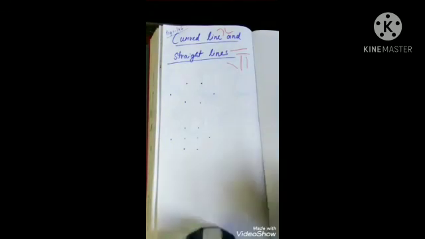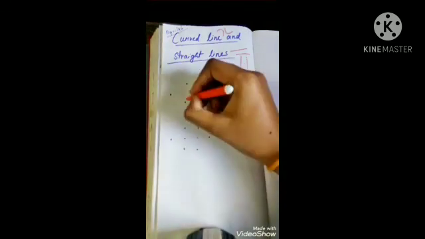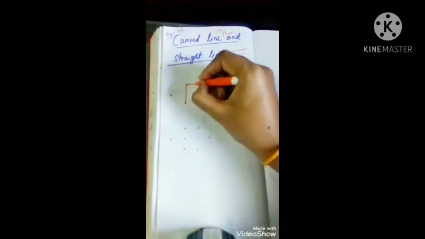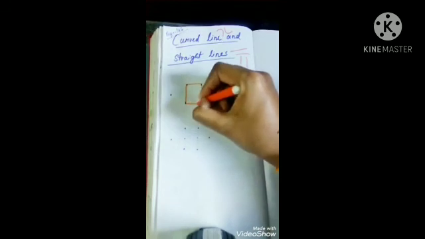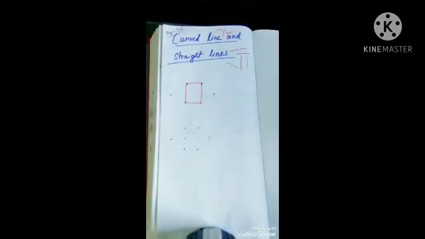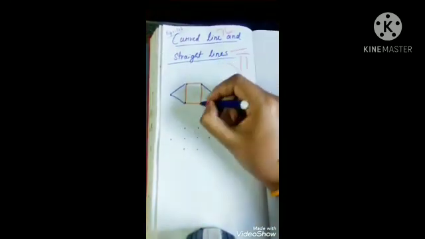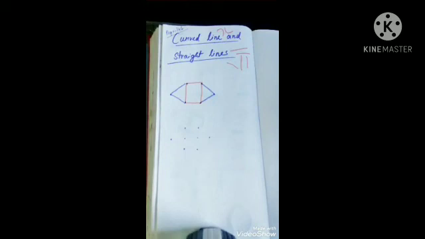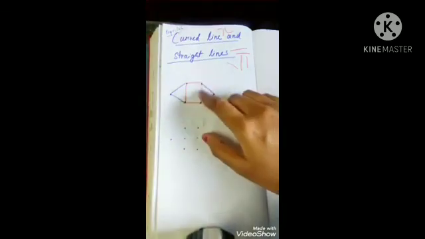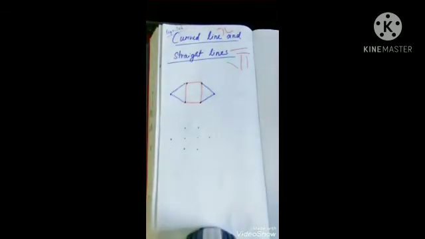Now you can see the dots. By matching these dots, we can make some drawings or designs. If I match this one like this, you can see I'm making one square here, right? So these all are what? Straight lines, right? Then I can join this one also this way, here and here. These are also straight lines I am using. So by using straight lines, we can draw some designs, right?